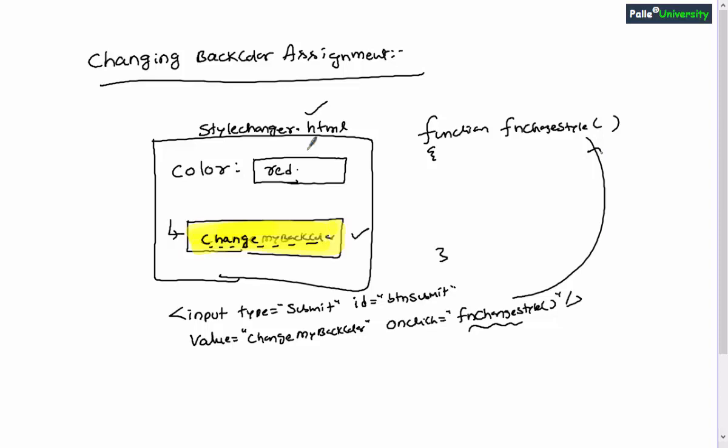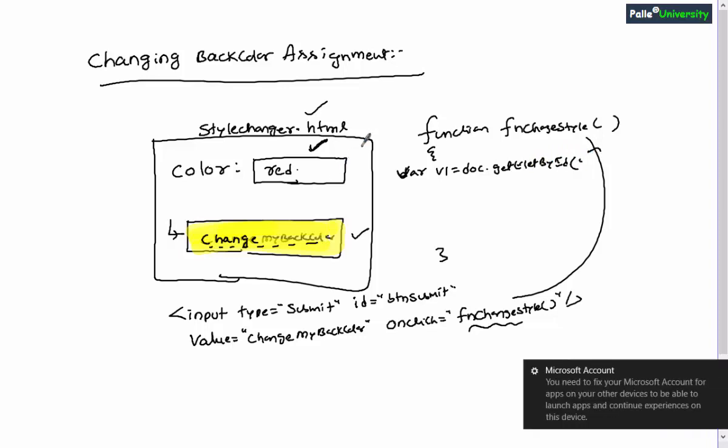First we need to get the object reference, or DOM node reference, of this text box, and you have to read the data. So probably you will know how to do that. Probably you will write var v1 is equal to document.getElementById of, what is the ID? Let us say I have given the ID for this control as tbColor.